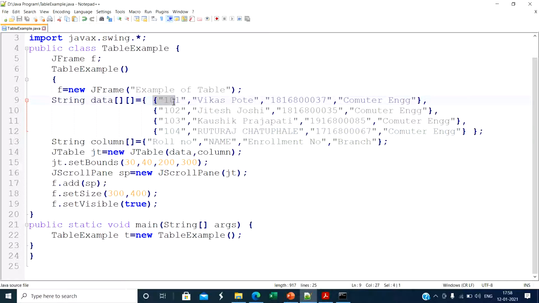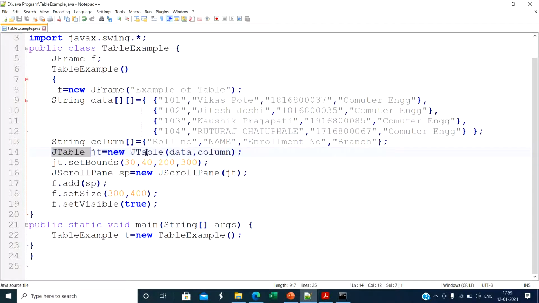Okay, and in every data you must give the column. Remember these small points, because if you miss this column, an error is displayed in your program. Okay, so it is very simple. First create column head and then enter the data. Then create one constructor, one object of JTable, jt is the object of JTable, and new table.